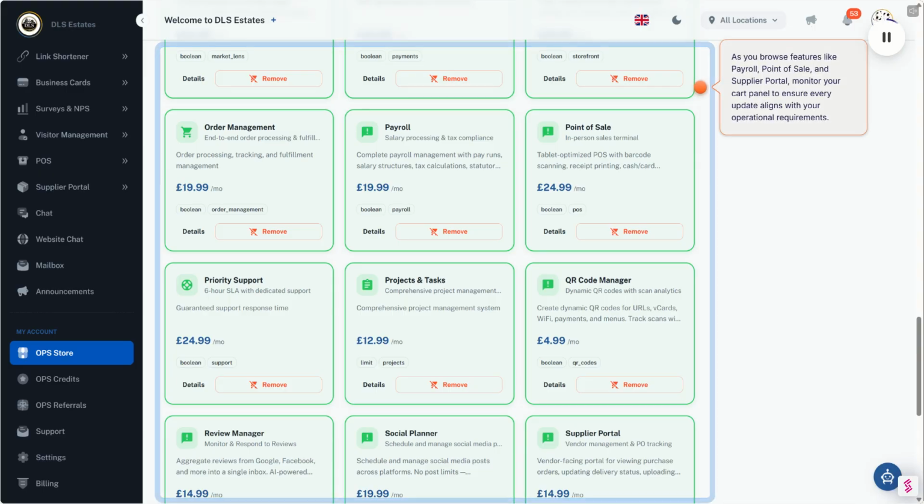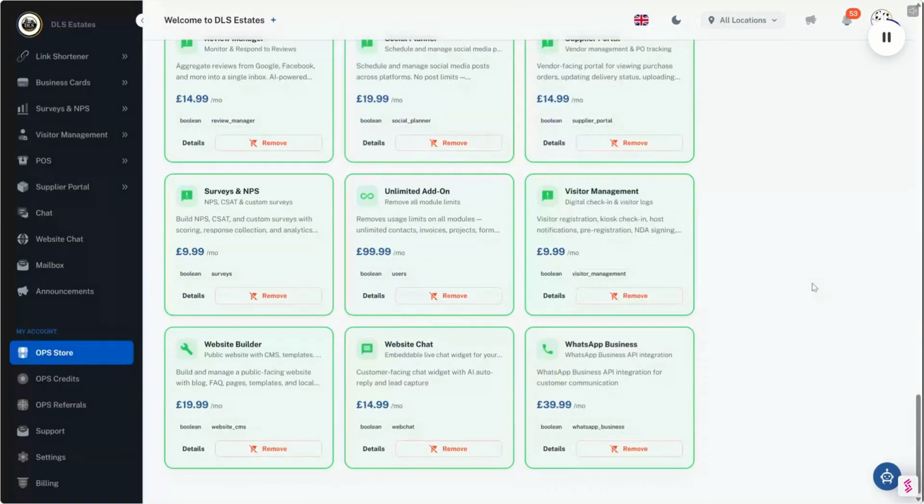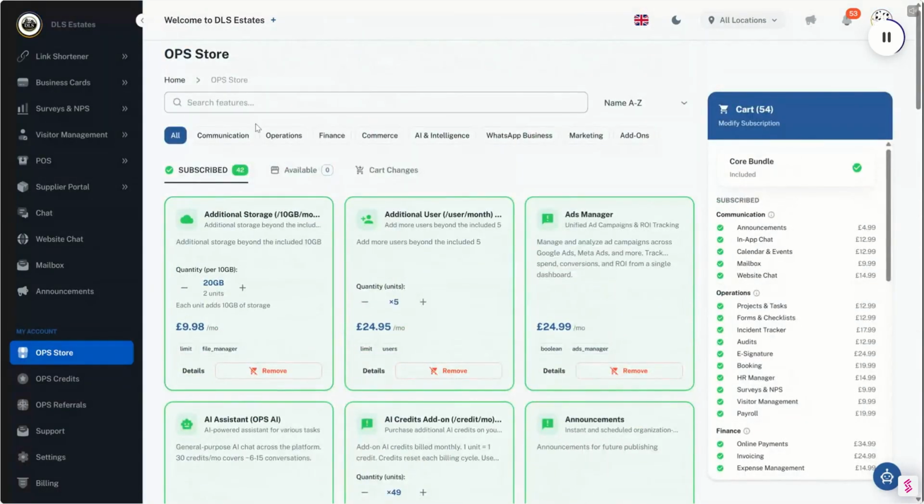As you browse features like payroll, point of sale, and supplier portal, monitor your cart panel to ensure every update aligns with your operational requirements. Scroll back to the top of your cart anytime to review your full subscription summary alongside the features available in